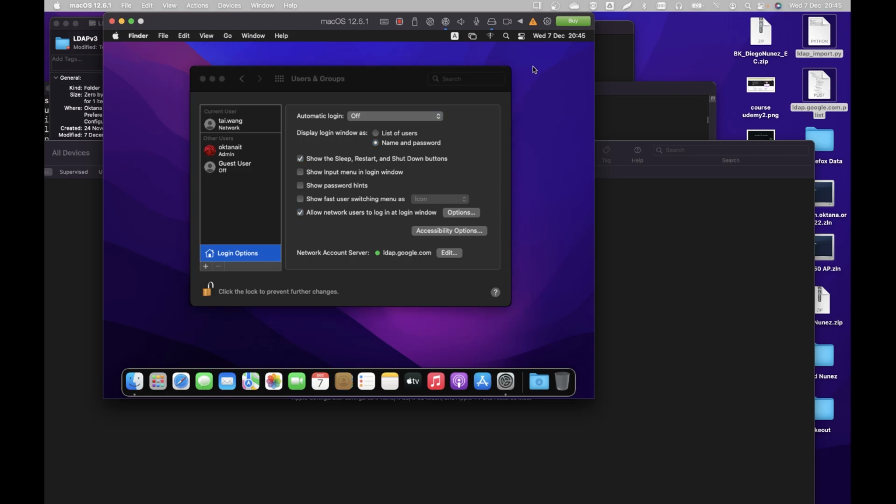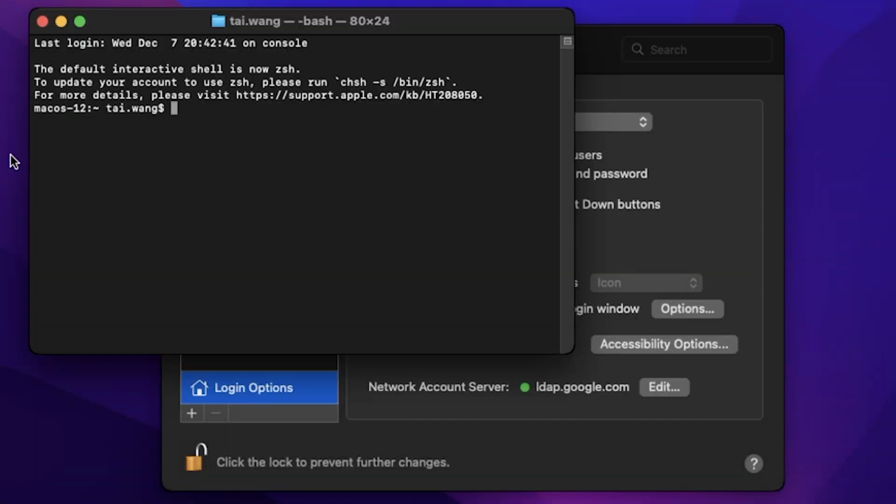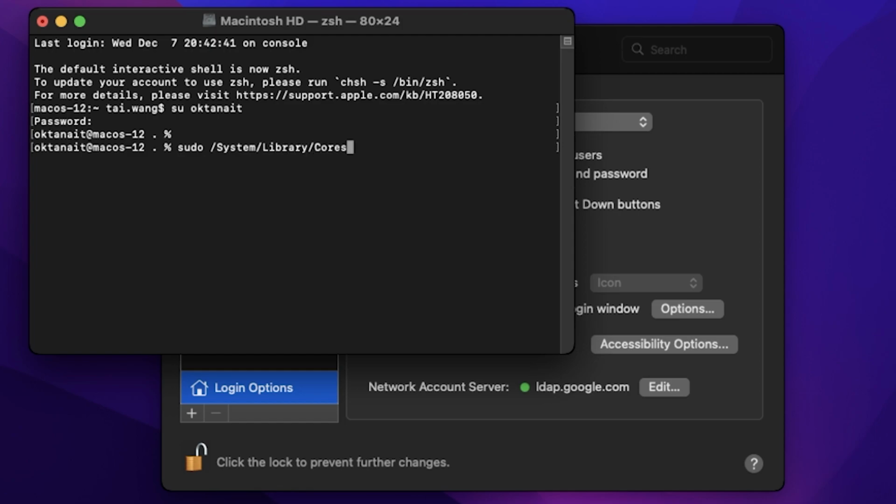The only thing that we should do is to open the terminal. Let's open the terminal and let's create this mobile account. sudo /System/Library/CoreServices/ManagedClient.app/Contents/Resources/createmobileaccount